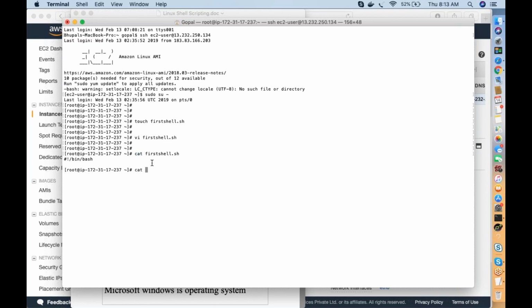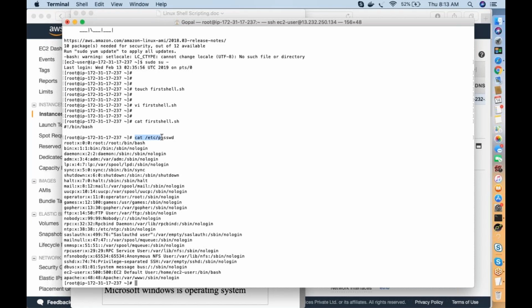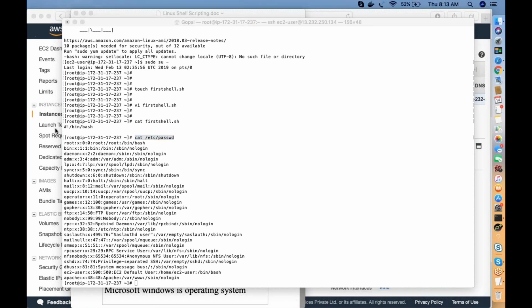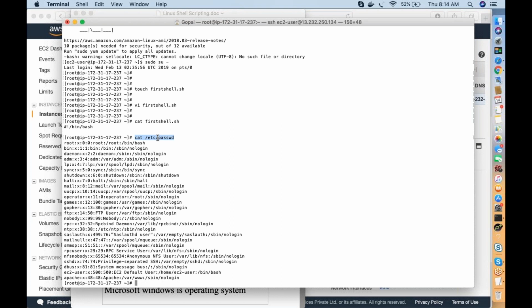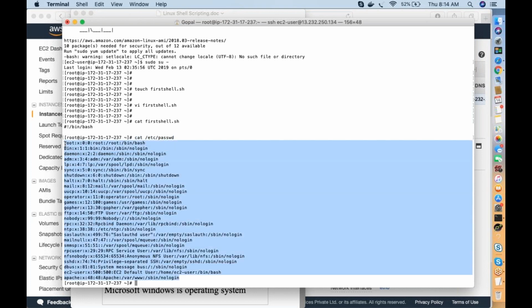Now you see, cat /etc/passwd is a file which contains the list of user details inside the Linux server. Now you can see these are the list of user details on the server.